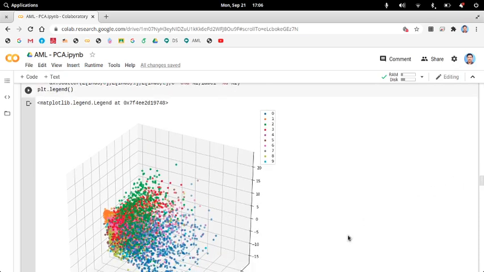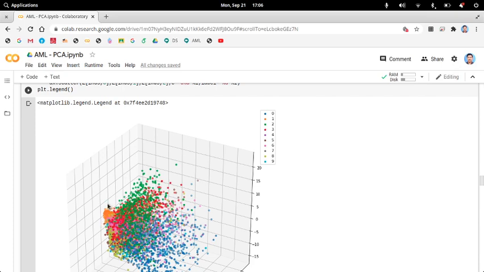Now here you see that all the orange values are together, which means that the variance of the data with one is very small. This is a handwritten digit, so the different ways by which a one is written are not many.